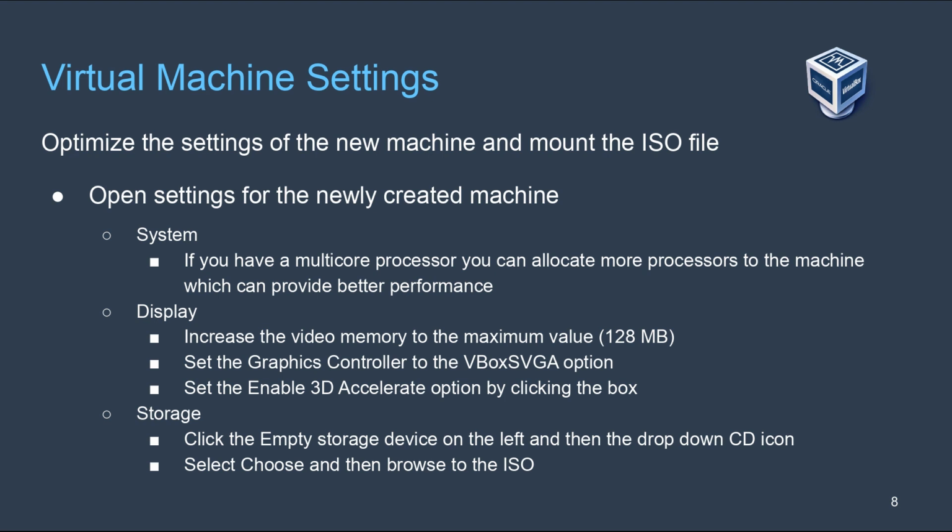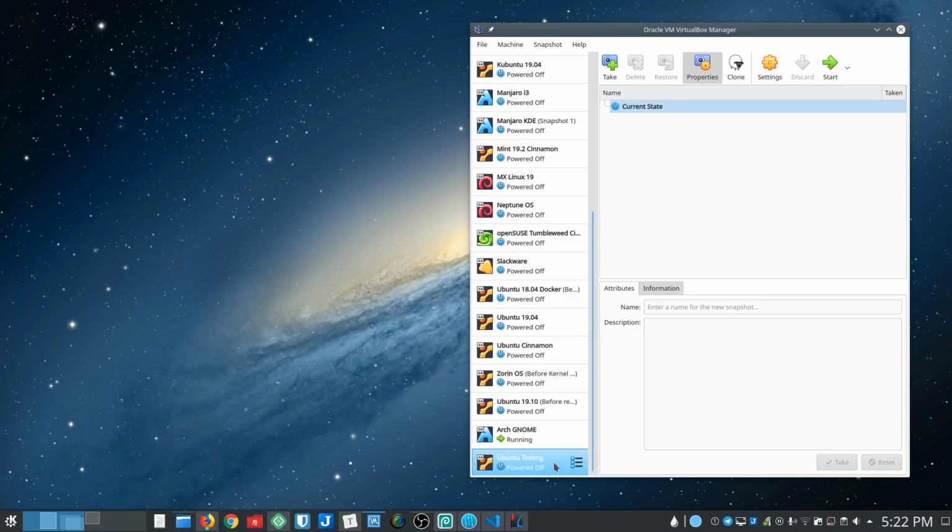Storage, same thing. For storage, we need to actually attach the ISO file, the ISO file that we downloaded from the distribution website, and that's what the machine is going to use to actually boot up and get started, just as if it was on a USB key or a DVD for a physical computer. Make sure you select your machine that you created, click Settings,